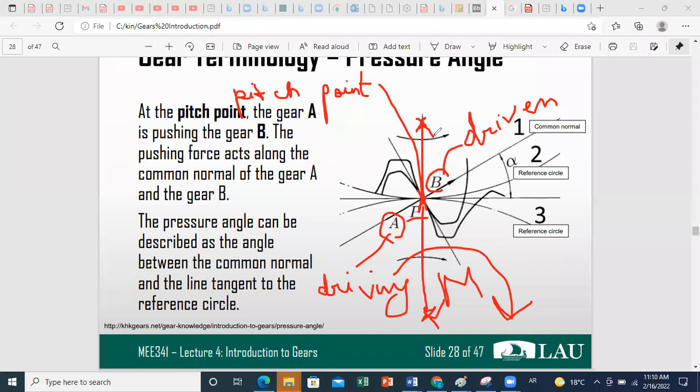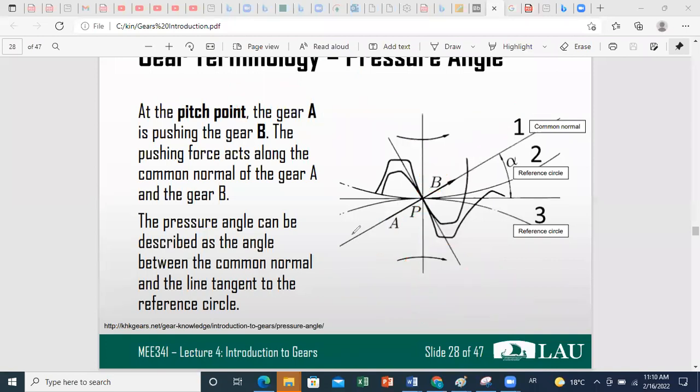Now if we consider the force transmission, the force transmission will always be along the perpendicular to contact. You know that any two surfaces in contact will transmit forces between each other along the normal direction. So here you have